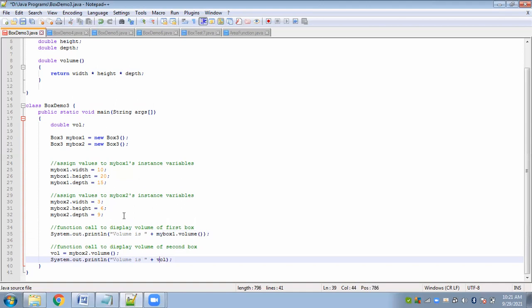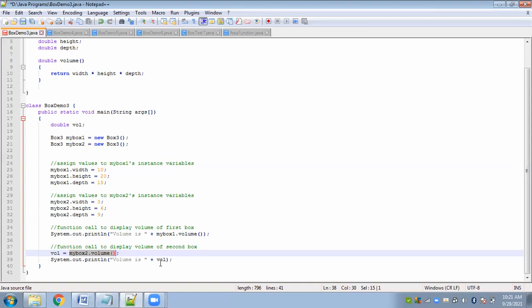And in the first case, instead of writing 2 statements, instead of assigning the value to vol and printing the value, I'm directly writing this function call in this statement itself here, as you can see. I have not taken any separate variable to assign the value of the volume calculated. Instead, I have directly called the function from inside the println statement. Understood? So the thing that will be done here in 2 stages will be done here in 1 stage itself.